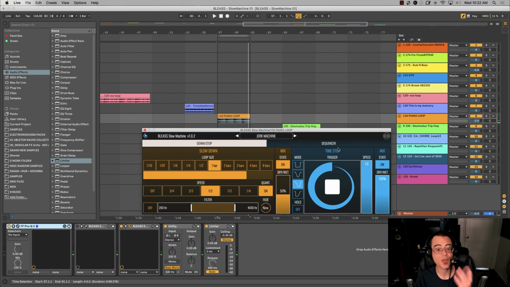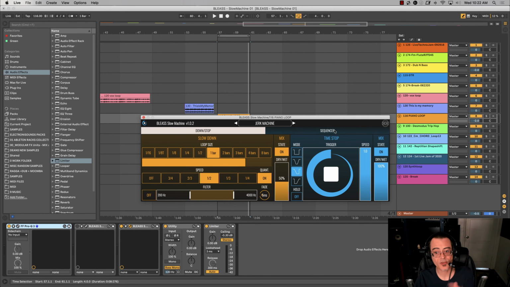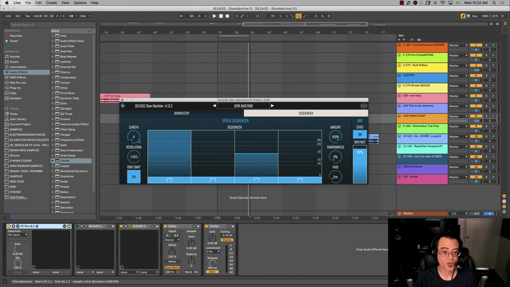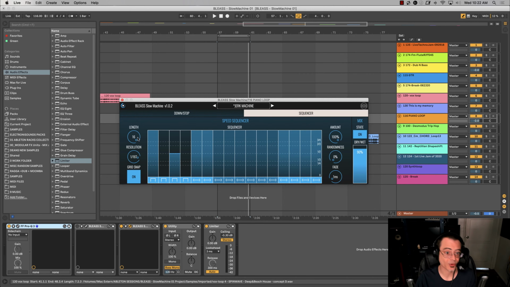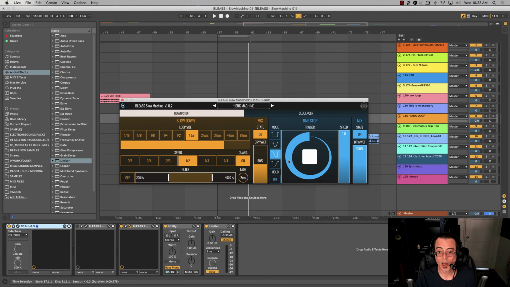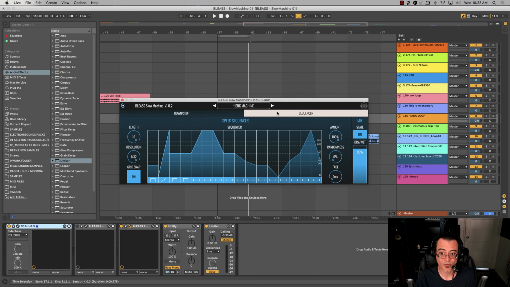Now, one of the things that makes this app so powerful is the sequencer page. We can go over here and change the length of the sequencer pattern. We can change the resolution and the speed of our sequencer pattern. We can even unsnap it to grid if we want to. And what we can do is draw in different shapes down here. We can link these shapes together or keep the steps completely individual. And this is turning on and off the tape stop effect inside of the app,